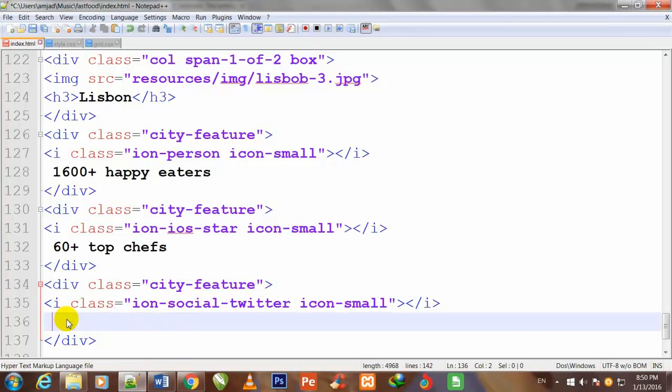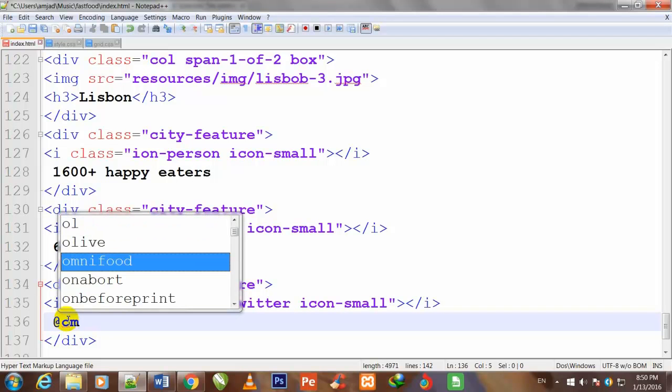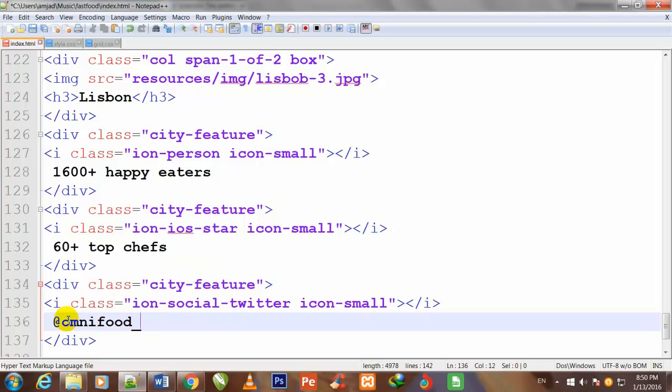And I will also change the text here: @omnifood underscore.